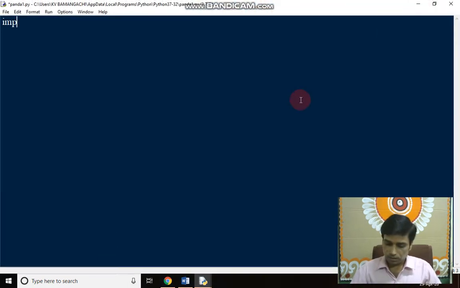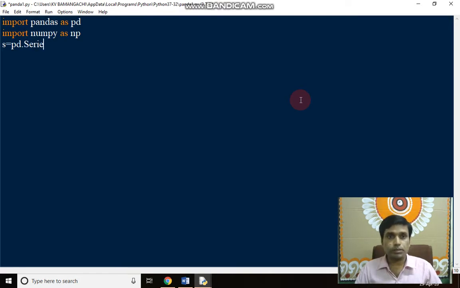Again, import pandas as pd, import numpy as np. Again, s = pd.Series.